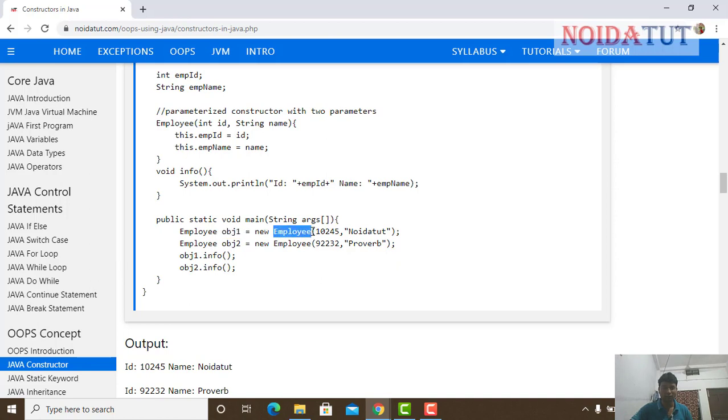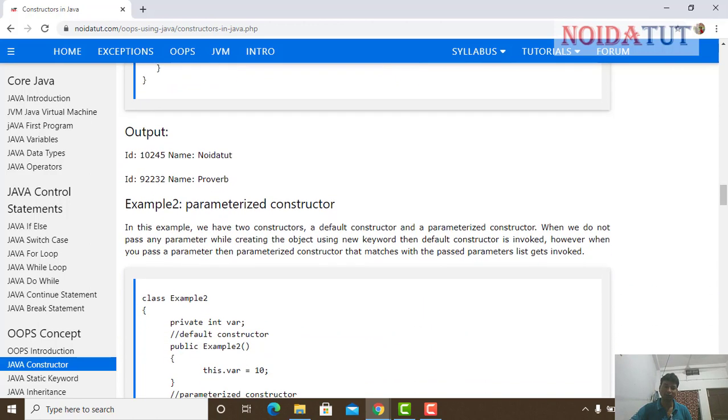Here we are passing the parameters, and they are going to pass through this constructor. 10245 will be assigned to the id, string name Noida2, and this is going to be read here. Then object1.info is going to call this method and display all the variables that we have given.